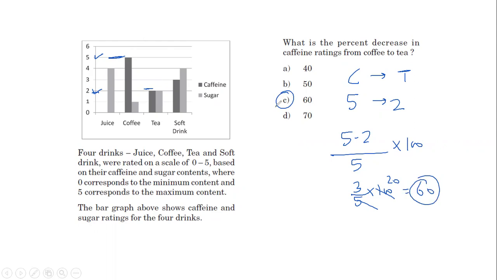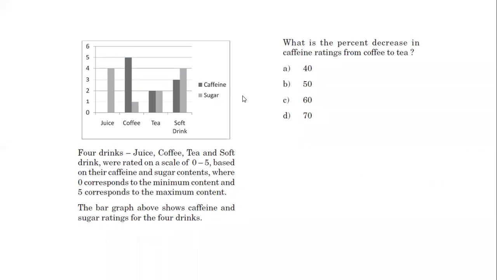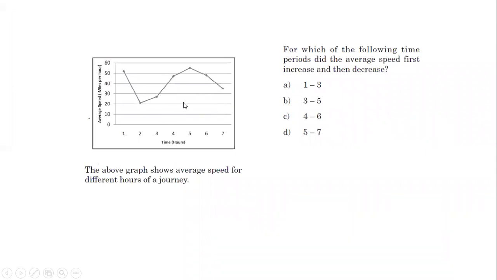So it's all about extracting the right information from the pictorial representation. It could be a bar graph, we have done. It could be a scattered plot, which we did in the last video where we look at the line of best fit, or it can be a line graph like this, which is coming now. So a line graph is nothing. You take a scattered plot and then if you just join the points, that becomes a line graph.